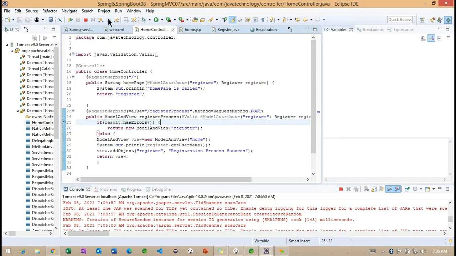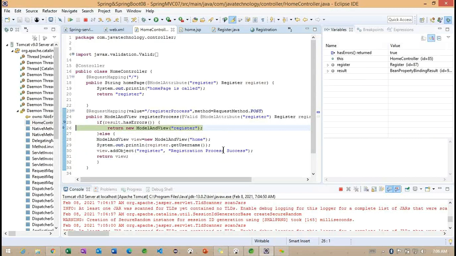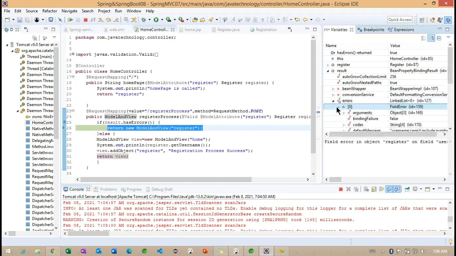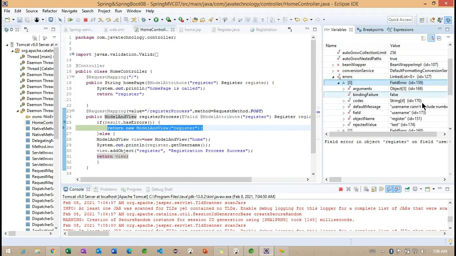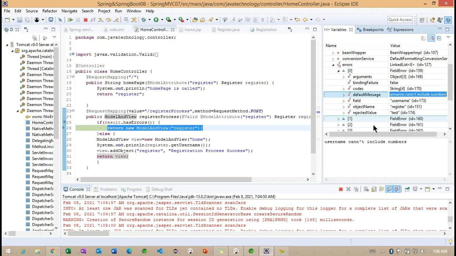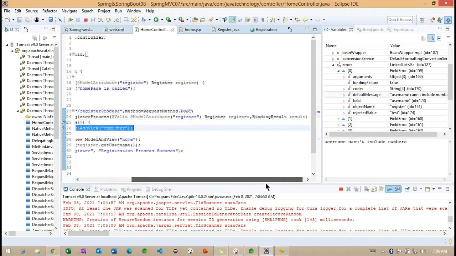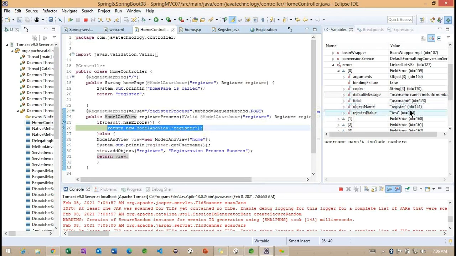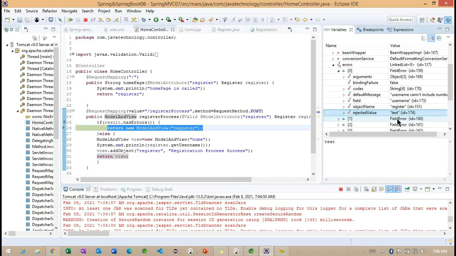Okay, so still we are getting this particular error object here. Because of that, we are returning the register page here. Why are we getting this, even though we specified the username on the object called register?